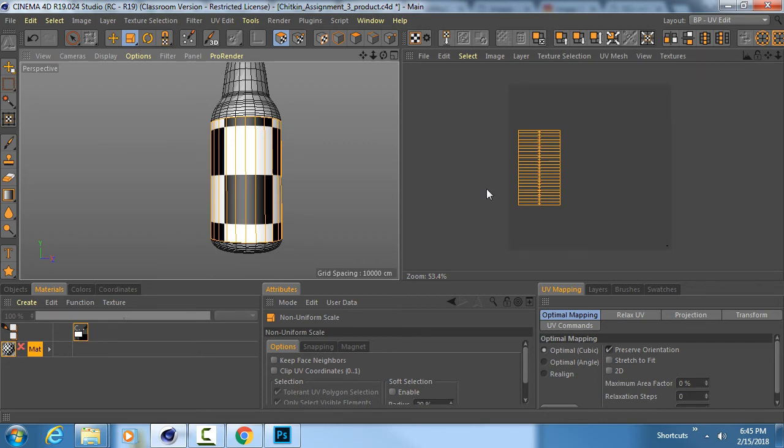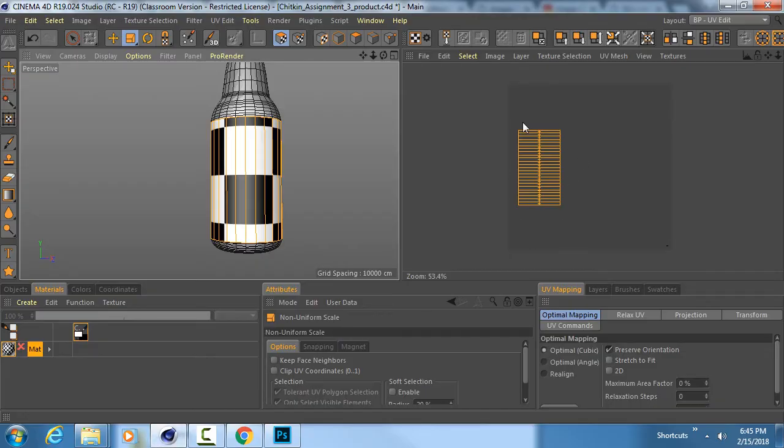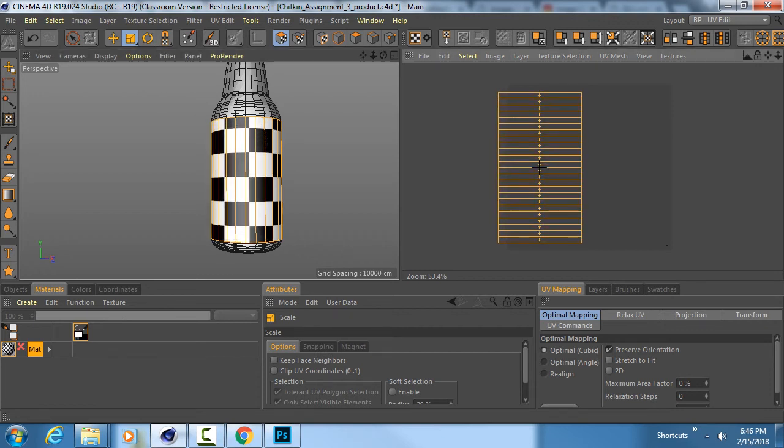Now, if we jump back to this Google image, I want to point out how well this UV map is using the canvas. It's almost using the whole thing to the best of its ability. Whereas currently, my example is using a very small portion. So what I want to do now is scale this whole thing back up, this time uniformly, and enlarge this so that I'm making a little bit more efficient use of